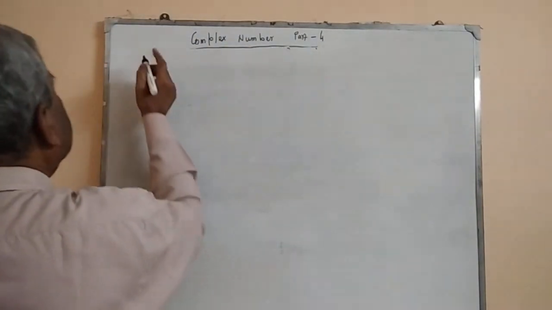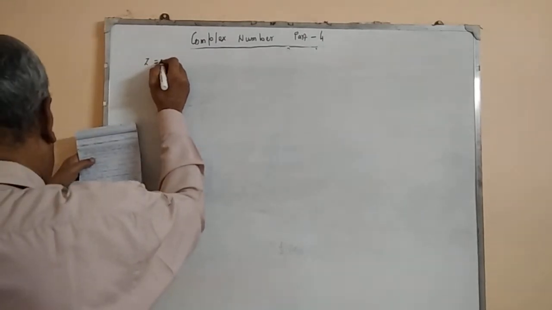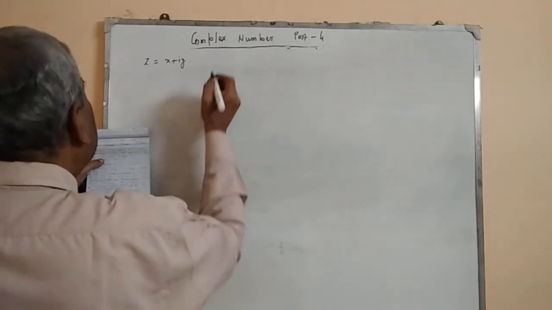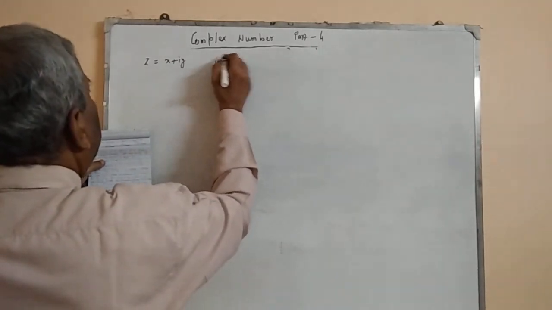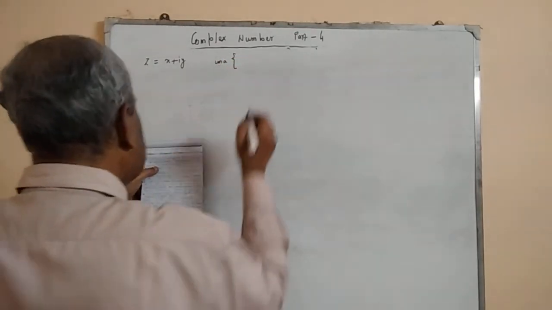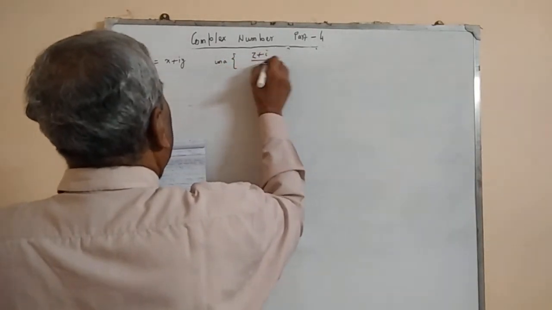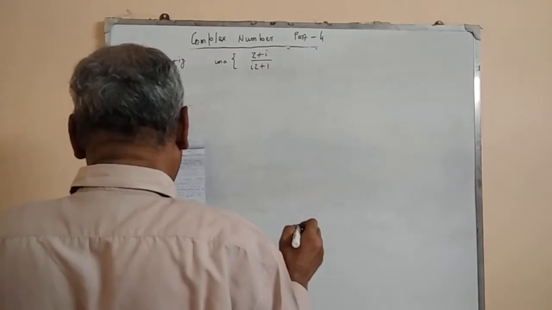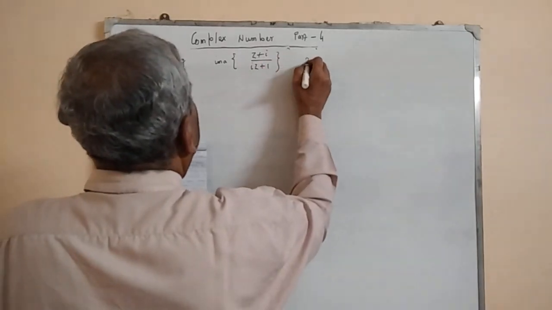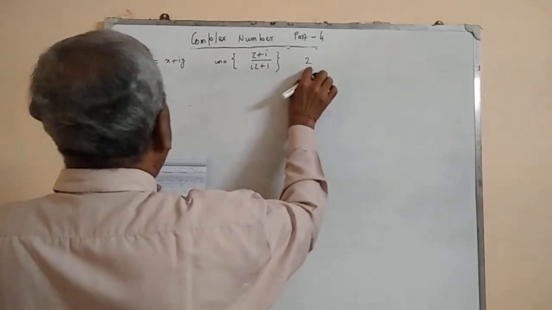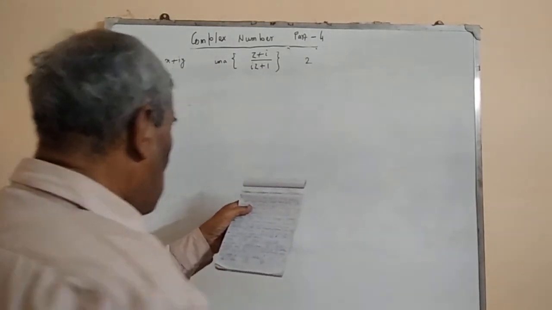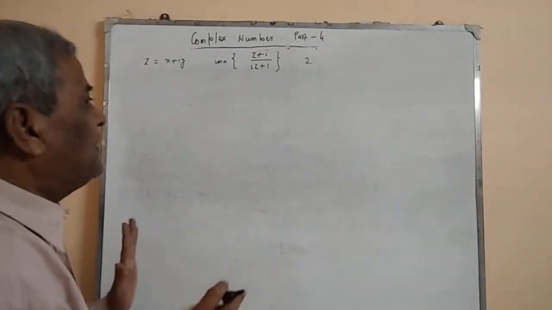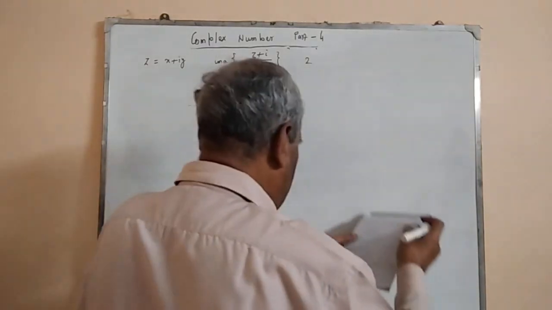The next problem is z is equal to x plus iy, and the imaginary part of z plus i by iz plus 1 is 2. Imaginary part of that is 2. Then what is the locus of z in the Argand diagram? The options are